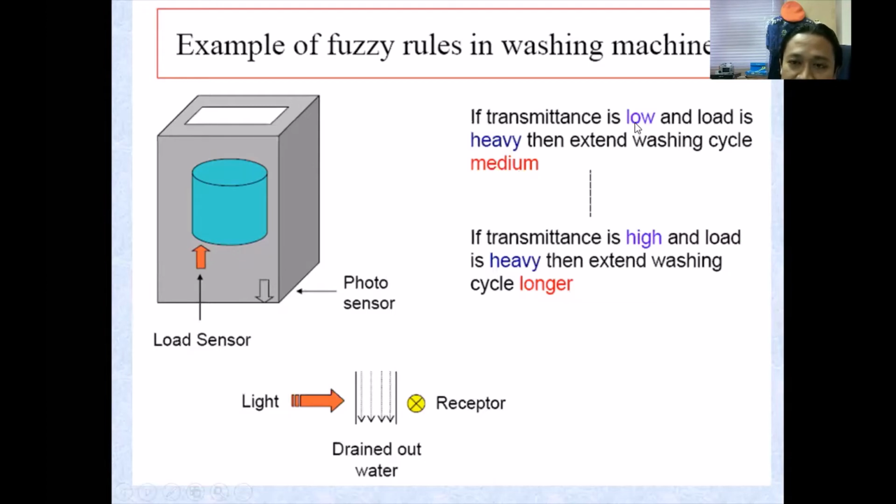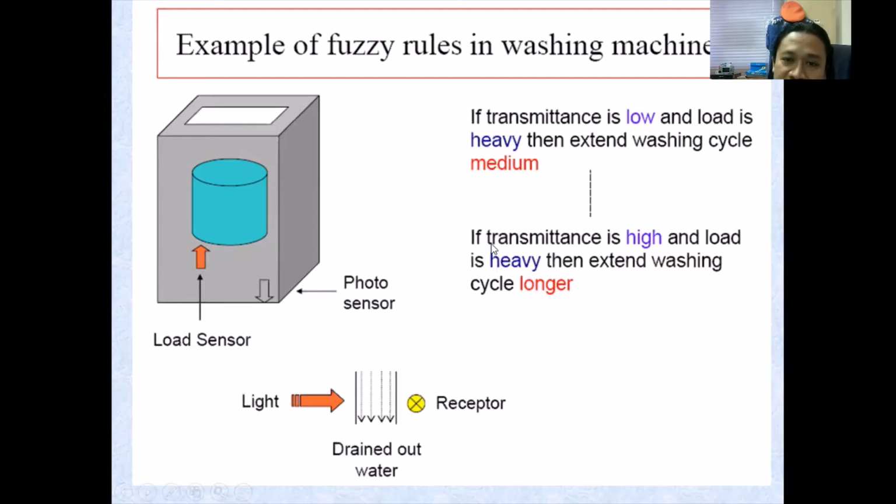So we can set a range for low, from what to what. And the load is heavy, so we can set, maybe from 8 to 10 kilos is heavy, or medium maybe from 5 to 8. For the loads, the output will be extend washing cycle medium, that means extend the time for the washing cycle.